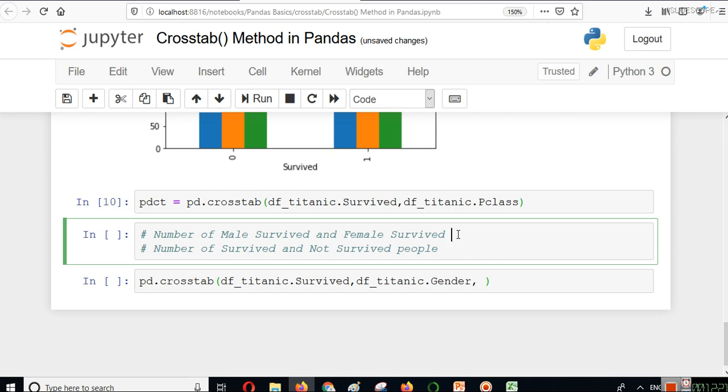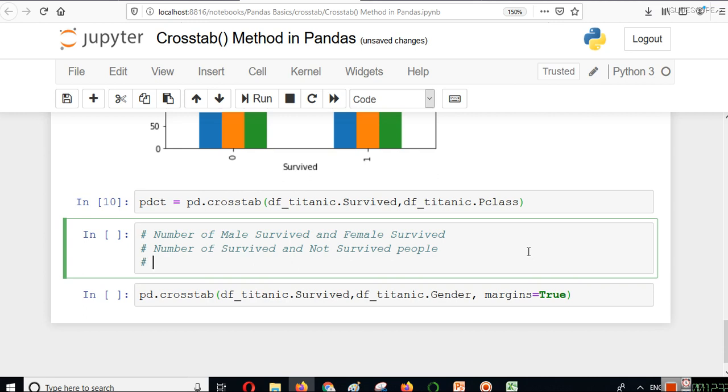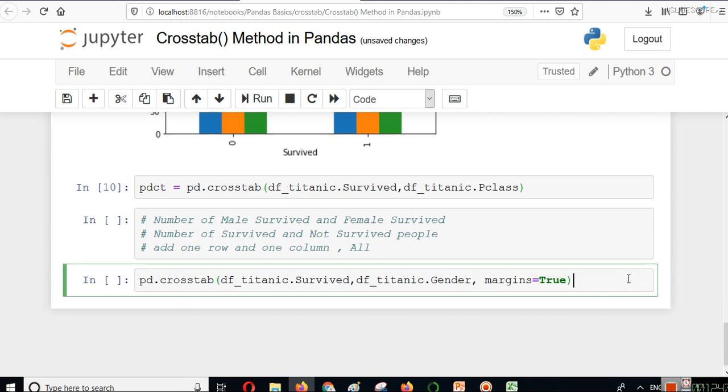So we will get data about this, and you just have to write margins is equal to true, and this will add one row and one column. The name of that row will be all, and the name of the column will also be all. We have seen the use of margins in previous examples also. Let's see the output and then you will understand.